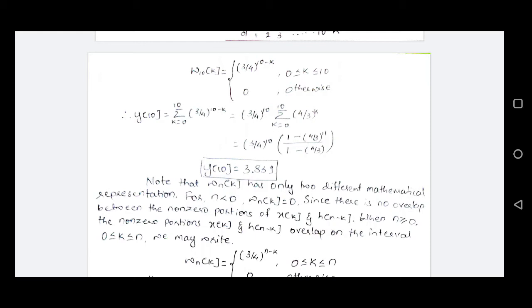Now if you observe all these three values, or if you observe both the sequences, overlap will begin when n value is equal to 0 or greater than 0. If n value is less than 0, there won't be any overlap. The intermediate signal's value will be 0. Therefore, the output sequence will also be 0. That is one period for which we'll be checking the mathematical representation.